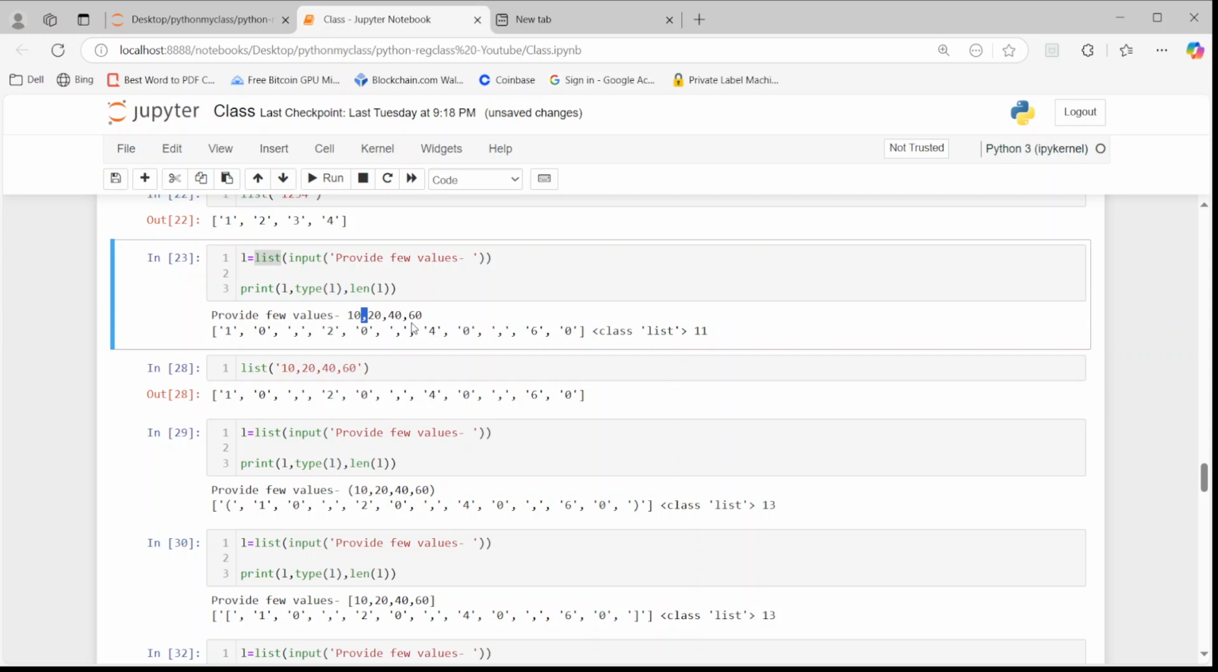Then 4, then 0, then this comma here, then 6 and 0. So then print type L, what it will give, what kind of an object it is: list object, that is class list. Len of L will give the length of the list, how many elements it has got. So there are 11 elements inside this list. Okay,